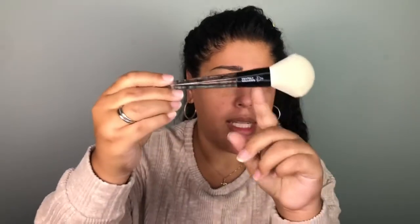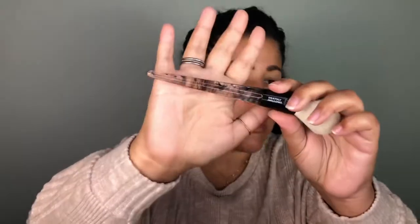So the powder brush, it's really nice and soft, just as the Deathly Hallows. I just want to show you this part because it looks like there's smoke in it, like from the movies when they apparate or disapparate. And this feels really nice and soft. The blush brush is the cloak, which is the square. And the blending brush is the stone. That's what that looks like. Really nice and fluffy. And then the wand is this